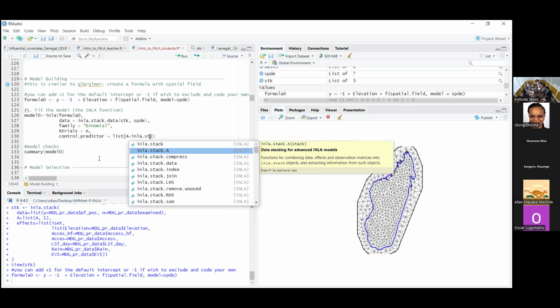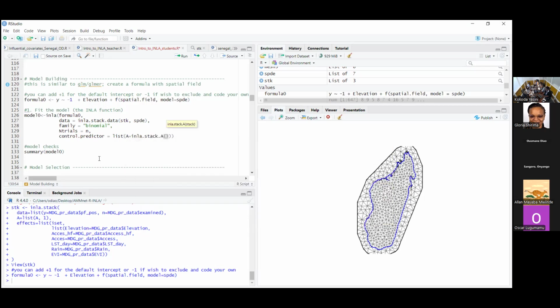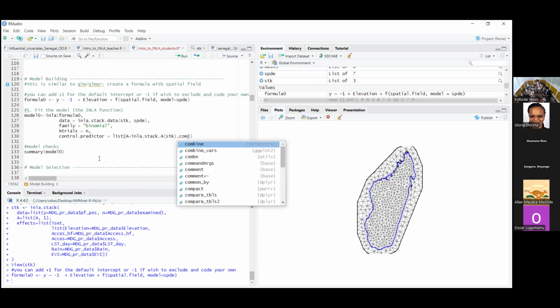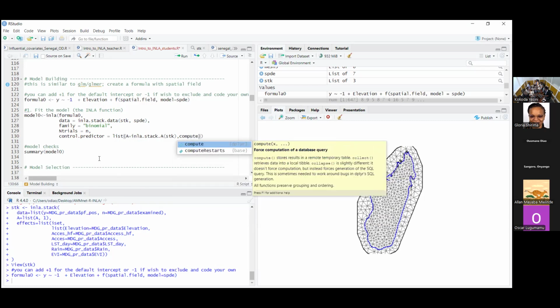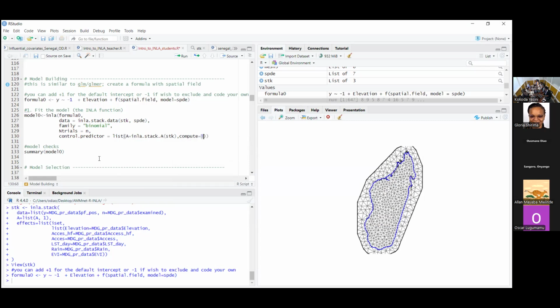Take your stack and you add compute equal true. Okay. After that,